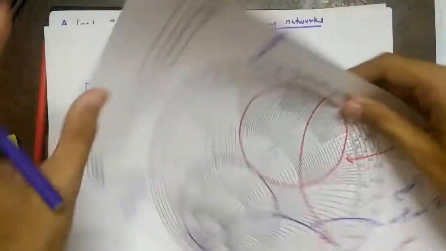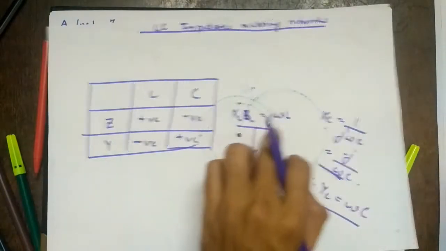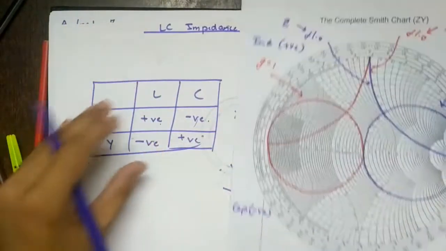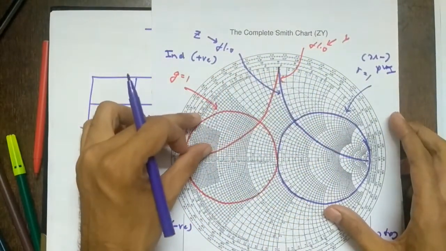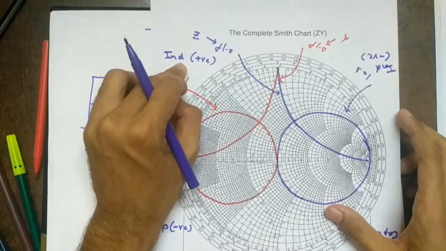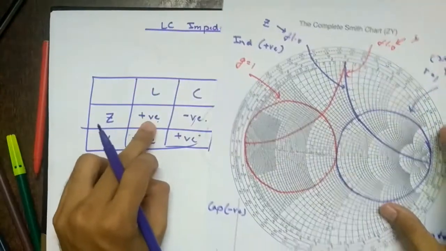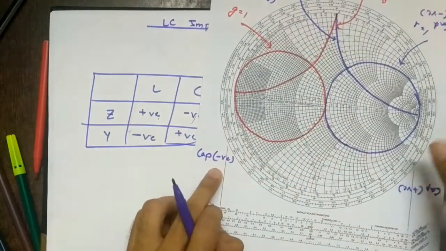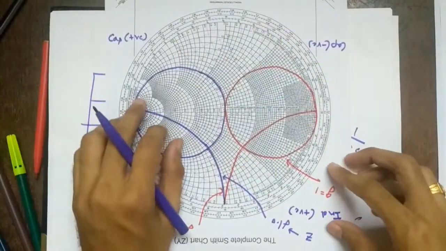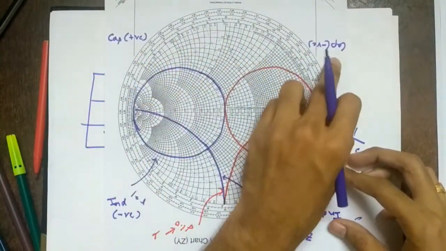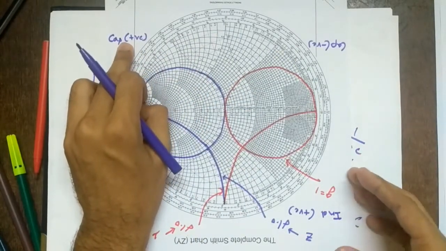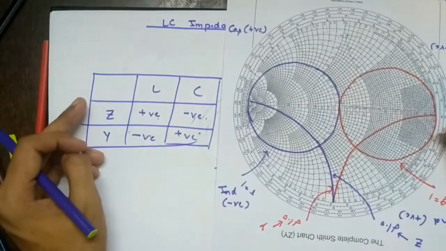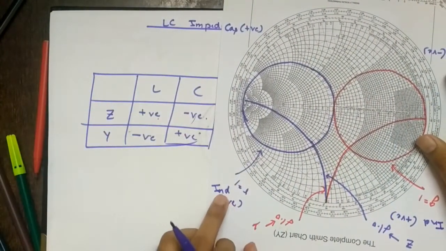So from this, there is nothing to worry about here. You already know these 2 formulas, so you can make this table. Once you know this table, we know from our normal Smith chart that the upper half is always inductive, and for inductive, impedance is positive. Then capacitive is lower and it is negative. Then we invert, so we come to the admittance Smith chart. This remains capacitor only, that you have to remember, and its admittance is positive, right? And inductor admittance is negative. Nothing to worry about here.